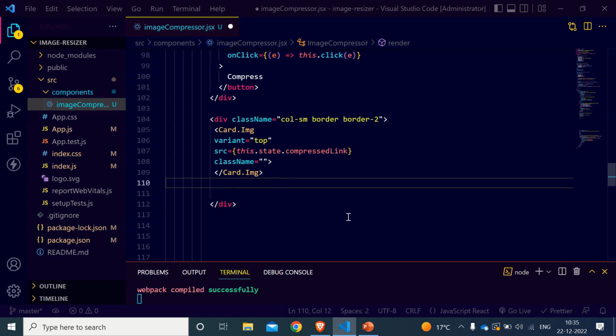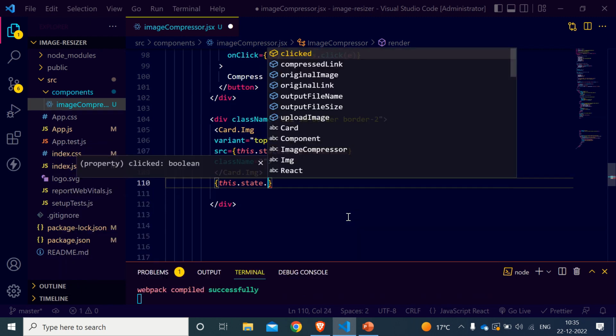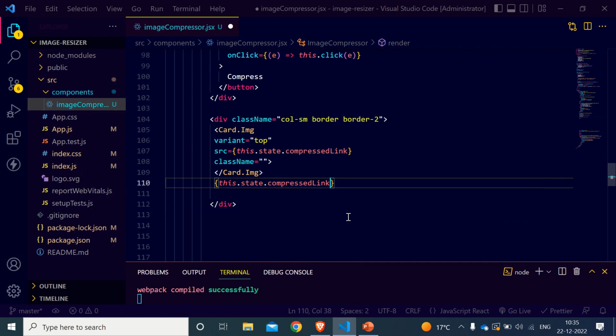So just make it visible, we'll write if this dot state dot compressed link, right? If the compressed button is clicked, then only we'll show the download button, right? If the image is not compressed, then how can we show the download button, right? So for that, we'll make a conditional rendering here, and we'll just return